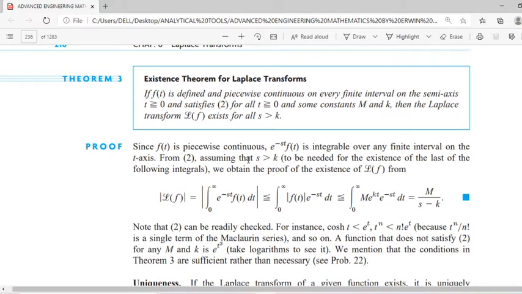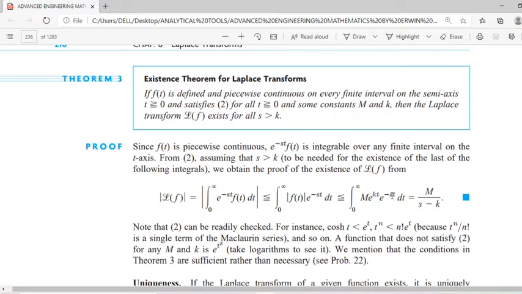And moreover, you know the expression, what is L of f? L of f is nothing but the integral 0 to infinity e raised to minus st f of t dt. So what is mod L of f? That is equal to the modulus of the integral 0 to infinity e raised to minus st f of t dt, which is less than or equal to, by the property of mod, the integral 0 to infinity mod f of t e raised to minus st dt. But we have put a restriction on mod f of t, so we can substitute the bigger part, that is M into e raised to kt. Then it will be less than or equal to the integral 0 to infinity M into e raised to kt e raised to minus st dt. M can be taken outside, M into the integral 0 to infinity e raised to minus